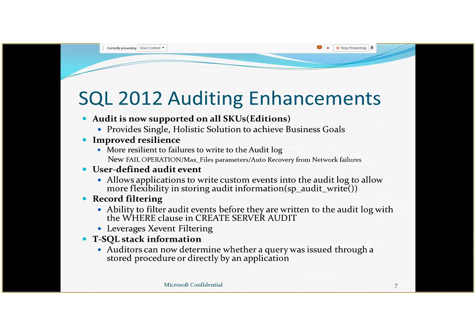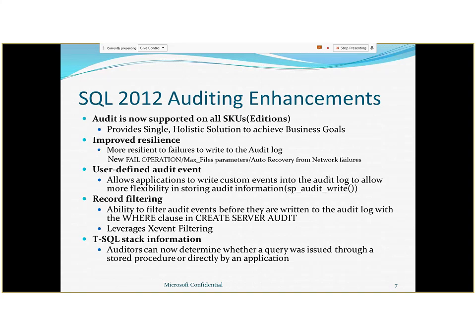So that is another option we have, like fail operation. So we still have the old parameters like continue and shutdown. Now they have a new parameter, fail operation. But by default, we recommend continue operation for most of our auditing, so that things will still continue with audit. And the other parameters like max files is there, and